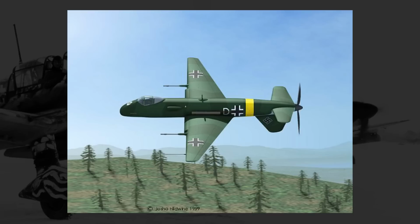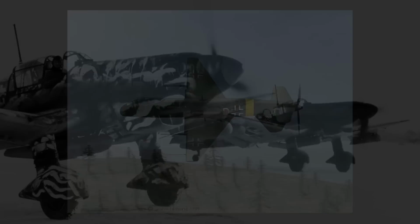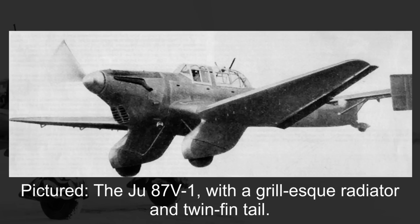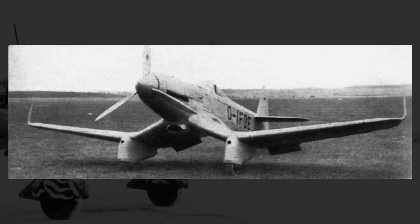But before that, I want to talk a little bit about Blohm & Voss's first challenger to the Stuka, and specifically challenger, not successor, as back in the mid-1930s, Blohm & Voss was actually a competitor in the original design competition that resulted in the Ju-87, and their proposed design here was both innovative and oddly familiar in their HA-137. At the time of this design competition, Blohm & Voss was very early into their aircraft production career, having